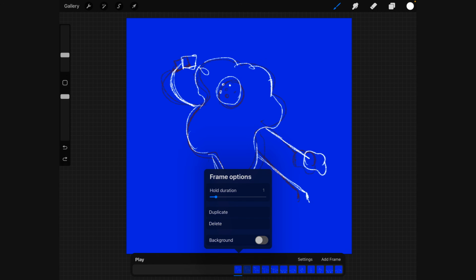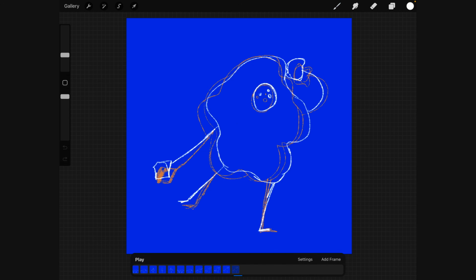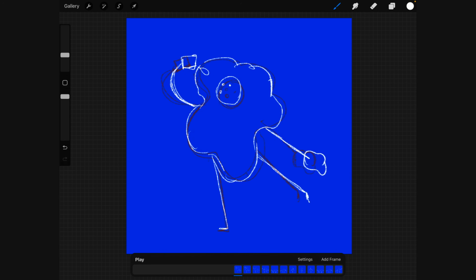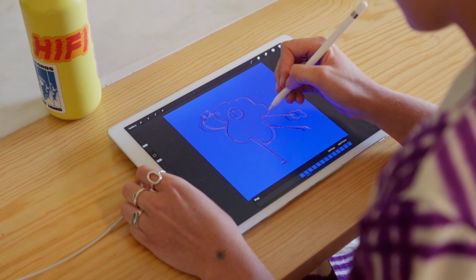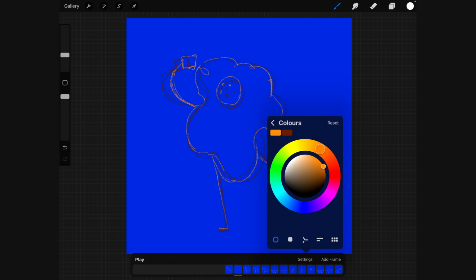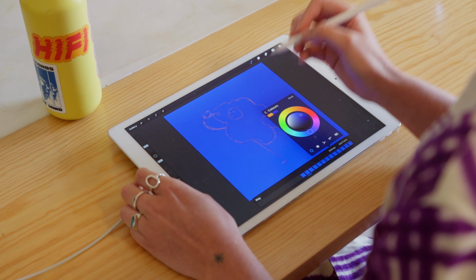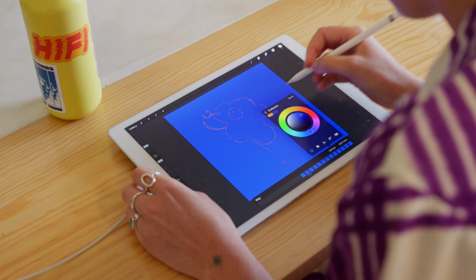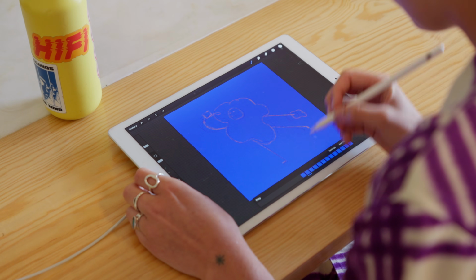So I'm just going to take these and make them regular frames and take off this hold for now. And we can go through and make this animation. So let's add a new frame. Because we're drawing just the one animation, we don't want to see both of these at the moment. So a good way to do this is to change the onion skin colors for the back frame to be something close to the background color. So you can still kind of see it, but it's not getting in the way of your drawing, and you can just focus on creating the real design for the frame that you want. So that looks good. Now we can just see the frame that we want.